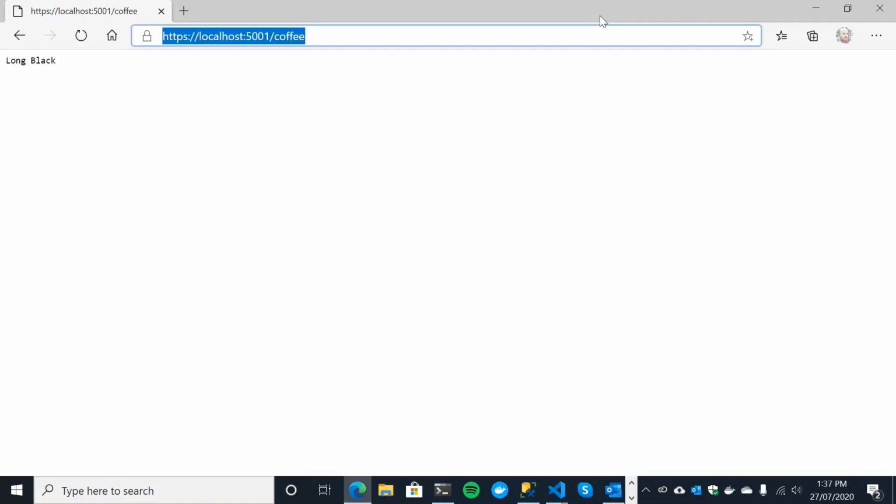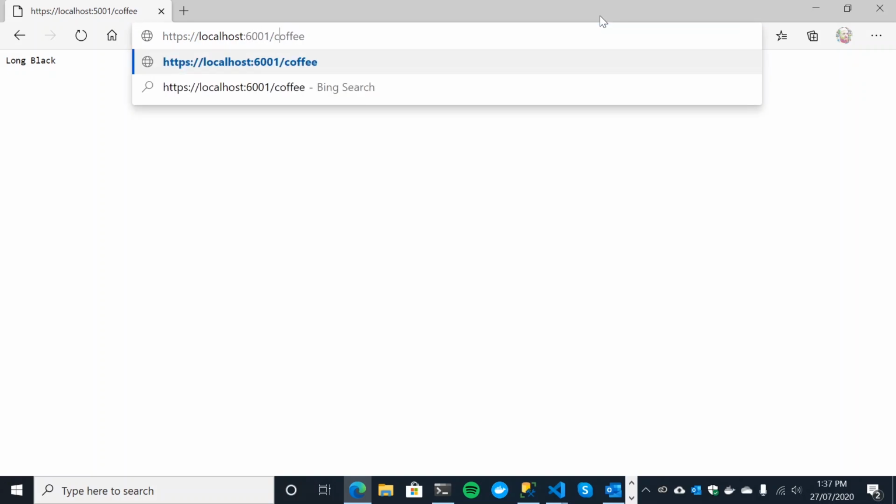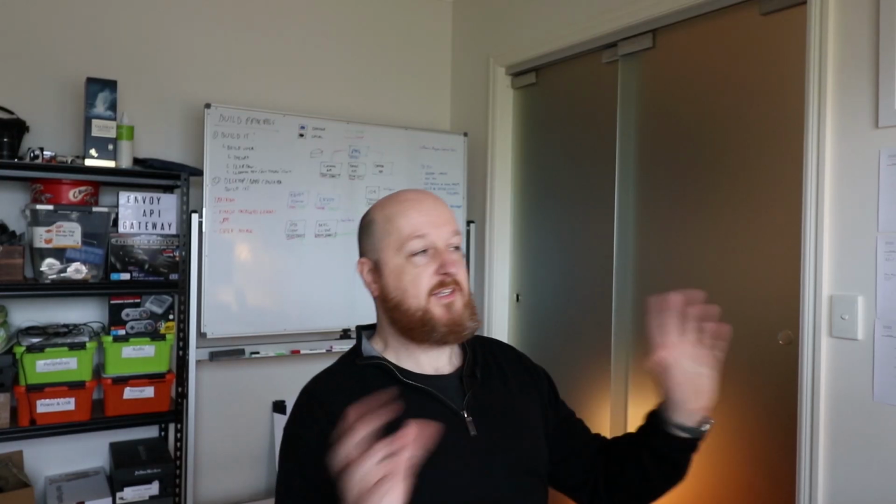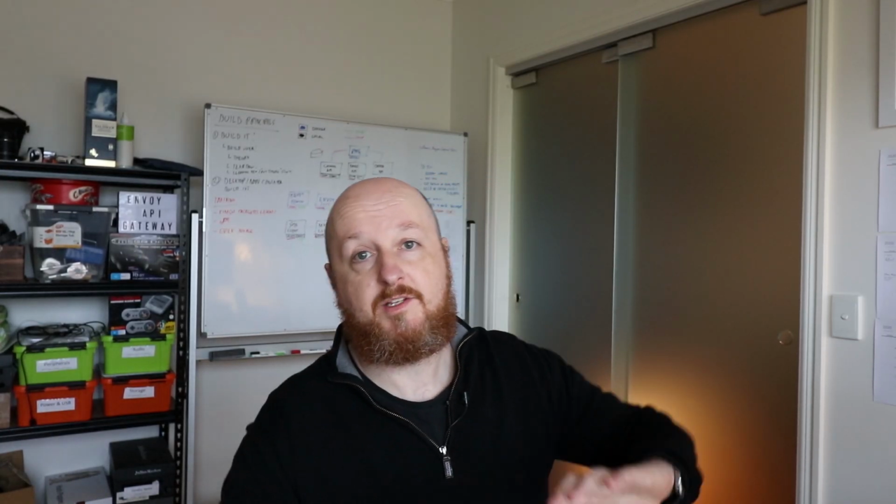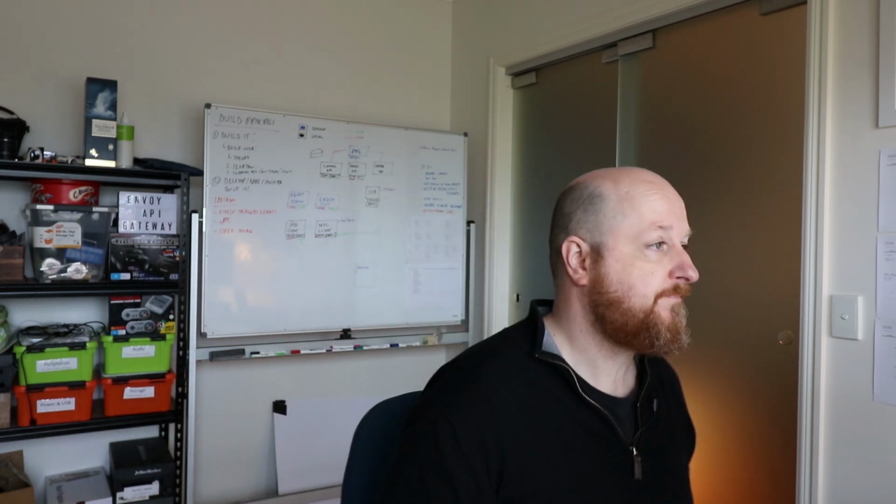If you come back over here and we just change our port number and change this to T, obviously. There we go, chamomile, and I'm sure if we refresh we'll get another one. Fantastic. Okay, so that's the basic API setup. Now what we want to do is package them up in Docker.